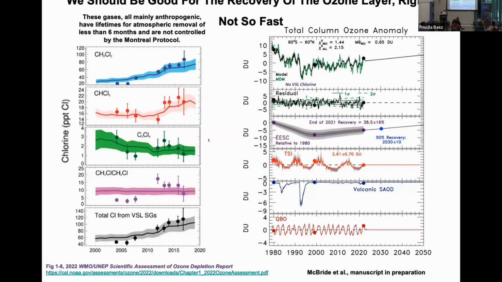What I'm showing over here is a time series of 4 gases. These gases have chlorine in them. They make it to the stratosphere, and they're not regulated by the Montreal Protocol, because they're very short-lived. They say they won't make it to the stratosphere, but they do. These are observations obtained in the tropical upper troposphere,